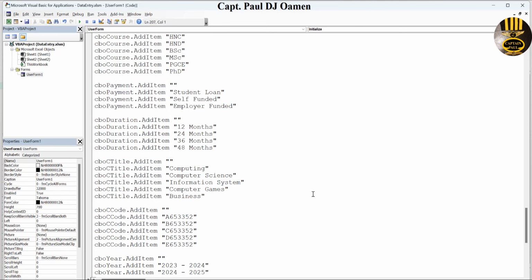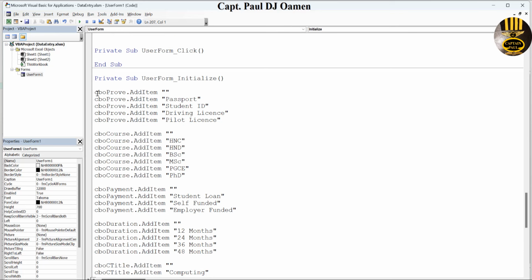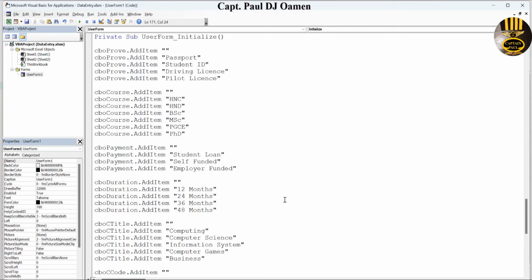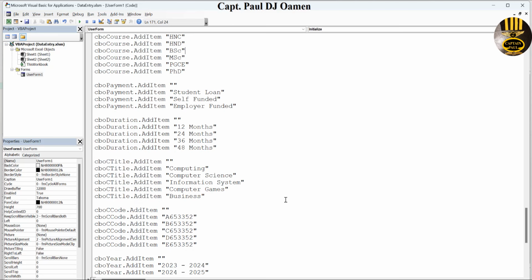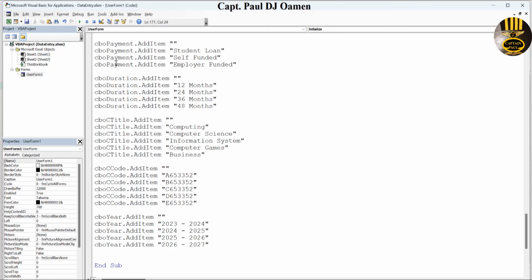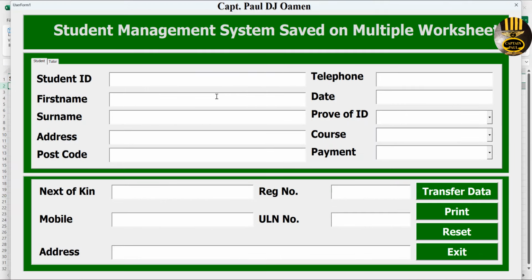Check that out, guys. Those are the data that will be displayed on the combo box, each of the combo box. So take it from the top and bring it down. There. So let's run it. Enter student details in there and name. Let's say it's Kingsley West, and here